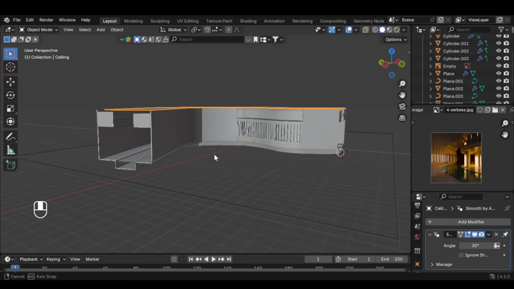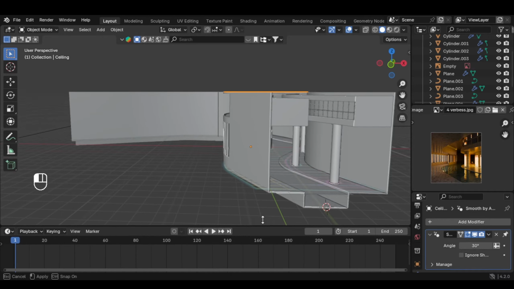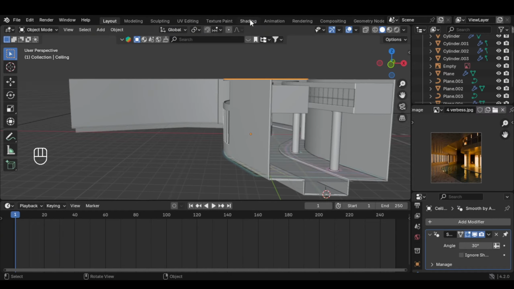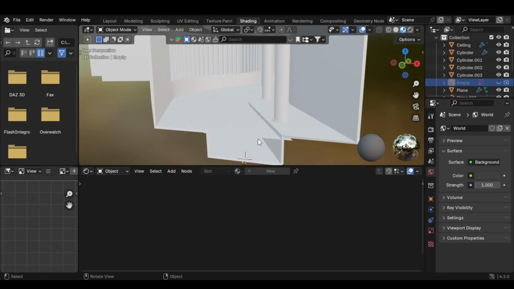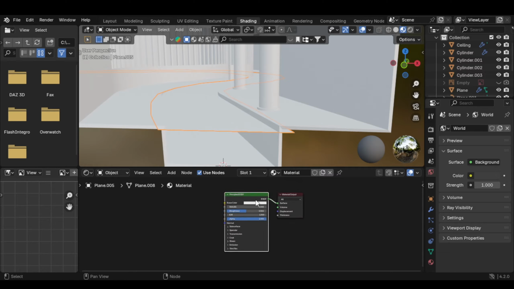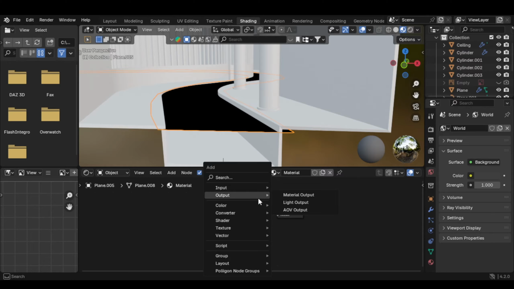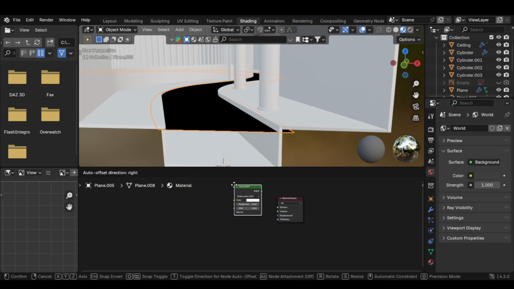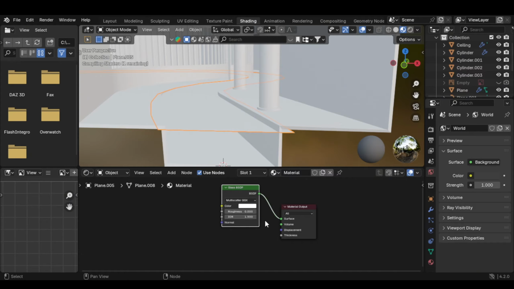And now we have to make materials. So let's go down here, or you can go to shading editor if you like, and let's move to this button here, and let's select water and press new, and let's delete this principled shader and press Shift A and add a glass shader, a glass BSDF. Plug it to surface and a transparent,